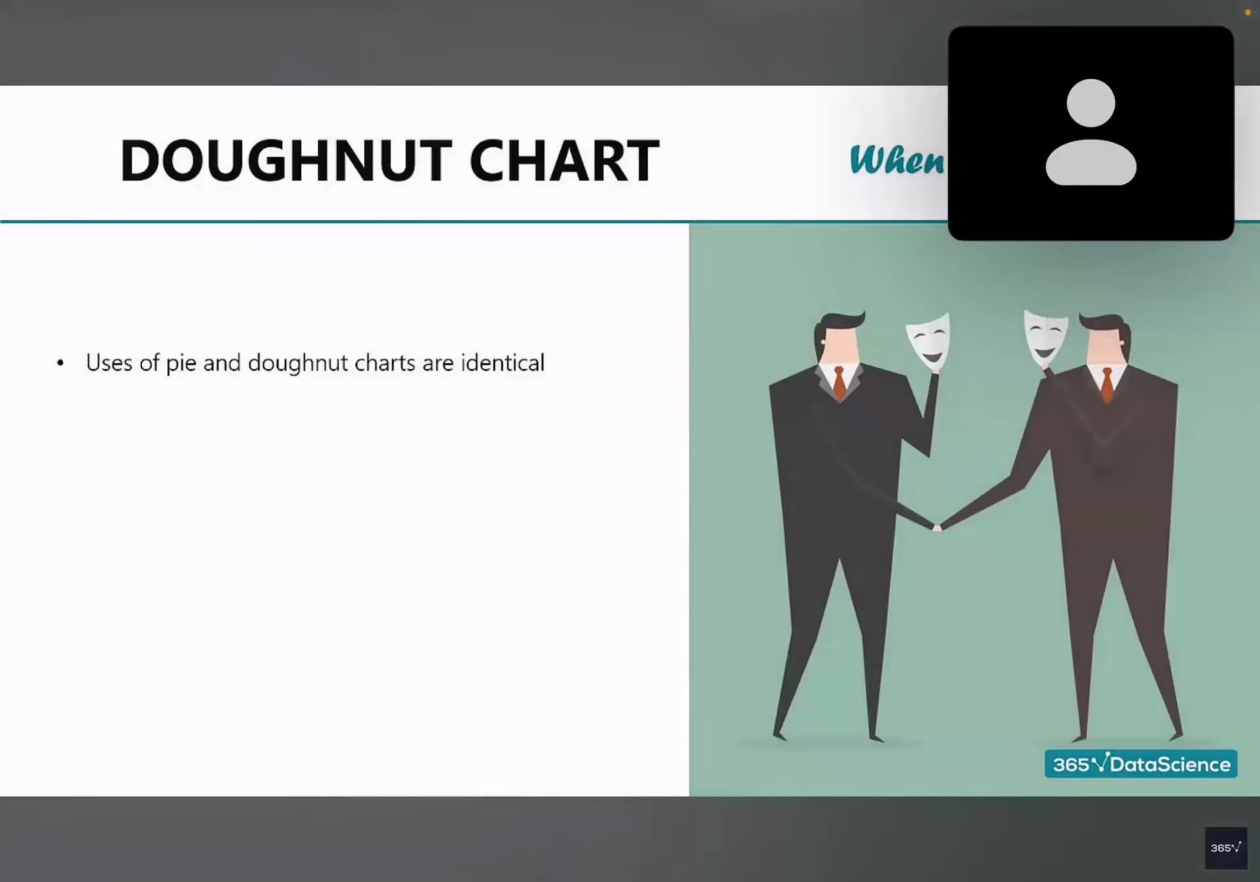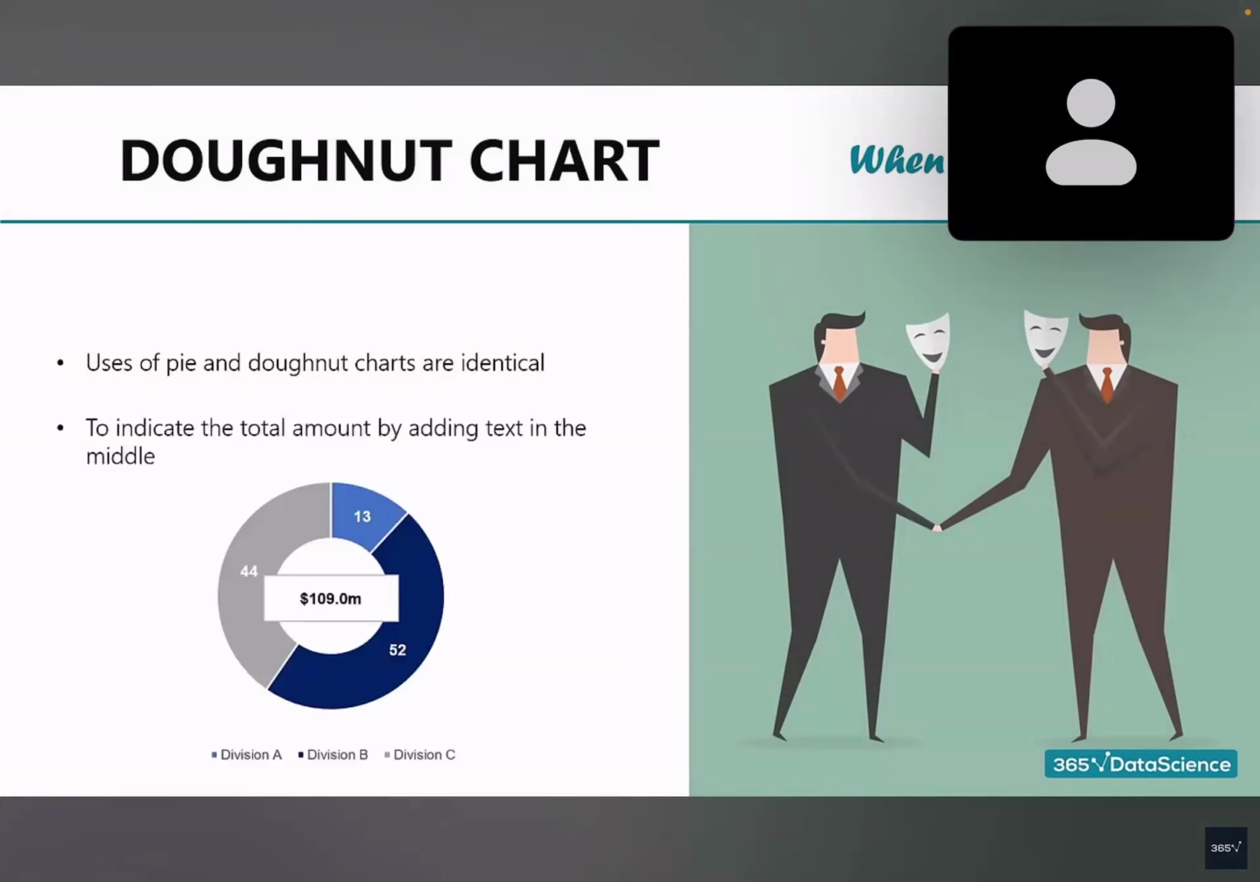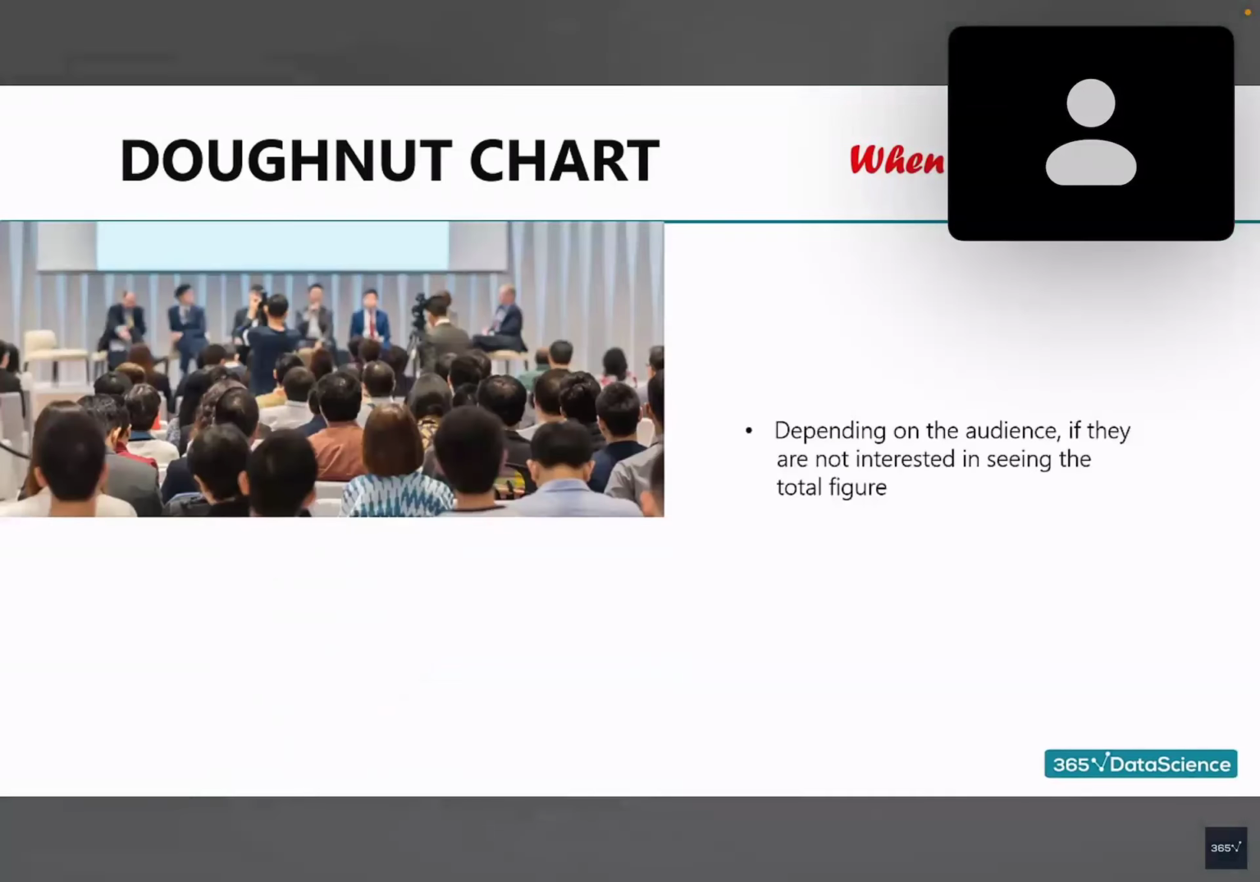The use cases of pie and donut charts are identical. The only important difference is that donut charts allow us to indicate the total amount by adding a text box in the middle. If you use a pie chart, you will have to include the total amount elsewhere, like adding it to the title. When to avoid